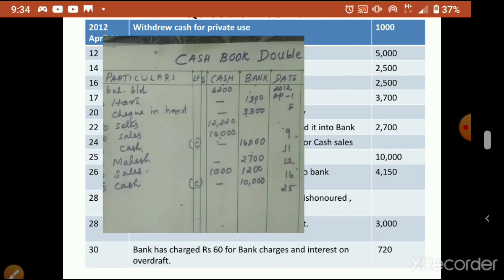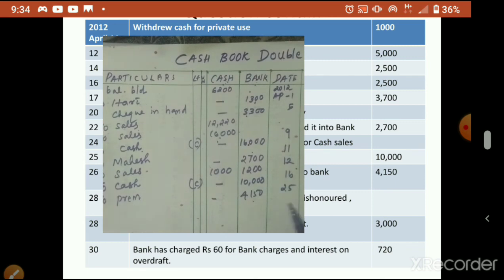25th over. Now 26th, received a check from Prem and sent it to the bank immediately. So we got a check from Prem, and we sent it to the bank immediately on the 26th. So what we write when we receive a check from a customer: to that customer's name, to Prem, we deposited. So assume that we will get the money, 4150. So we got the check and we have written in our bank column that we have got money in our bank account. But next day what happened?